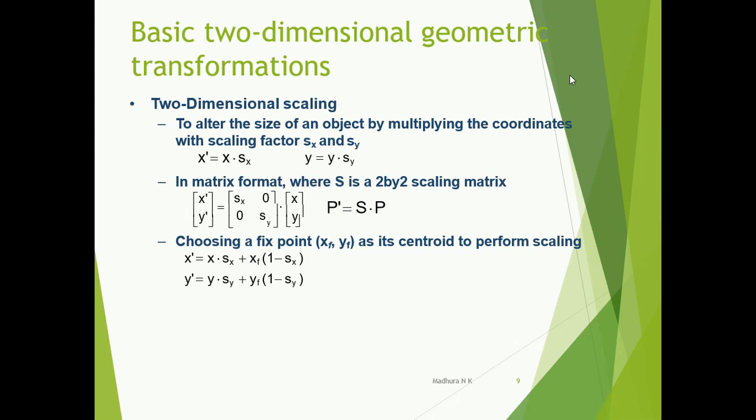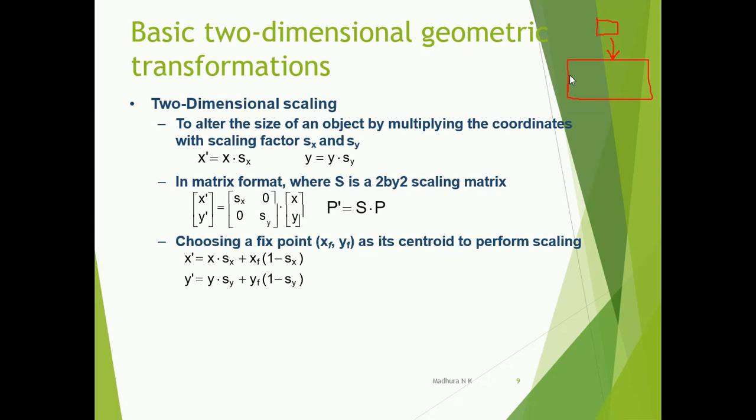The next 2D geometric transformation we have is scaling. What do you mean by scaling? If you change the size of an object, we call it scaling. So here we have the scaling transformation. Suppose you initially have a square, and if you want to change it to a rectangle and make it bigger in size, then we call it scaling. Now your square has undergone the scaling transformation and has increased its size, so that is called scaling.